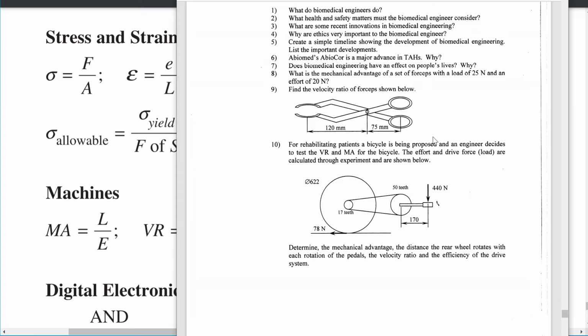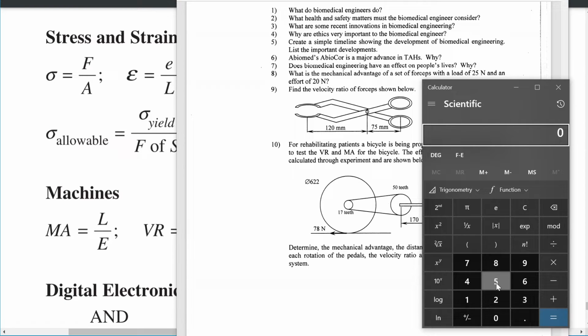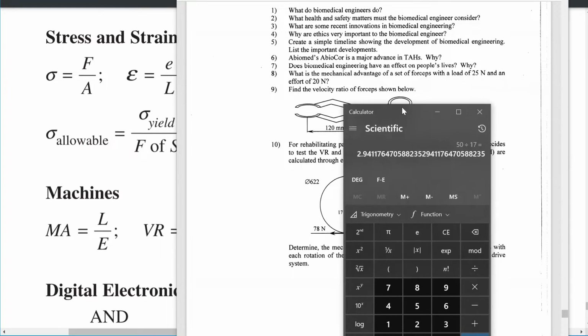To calculate our efficiency, though, we're going to need to compare the distance traveled by the big wheel, which is our load, compared to the distance traveled by the pedal. Now, to do this, we need to know that the wheel is going to spin around. So let's imagine if this thing turns. It's got 17 teeth. So by the time it's turned 17 teeth, this thing has moved a little bit more than a third, or I think it's a third. We can just look at that ratio, get a calculator, and say, well, 50 divided by 17, yeah, it's pretty close to 3. So